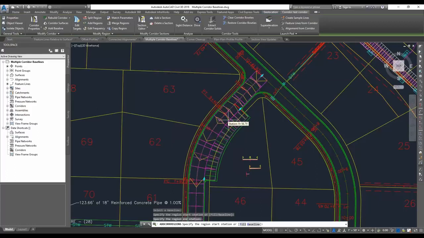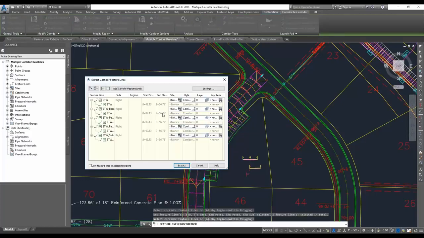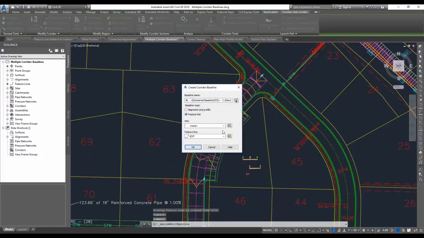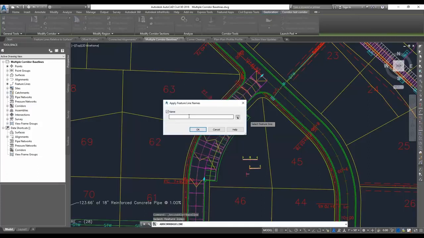So if there was a change to this main line corridor, the change would then be driven to this additional region that I've added. Not only that, but I can come in and I can do that again on another level. So this is dynamically linked here. Let's extract this feature line from that one. Again, just pull out the one feature line, add a baseline, and I'm going to select this guy that I just extracted, give him a name,